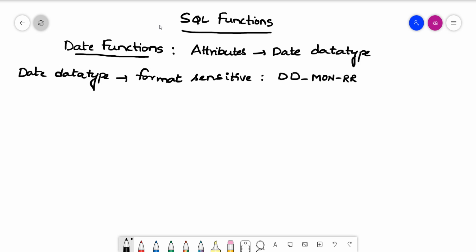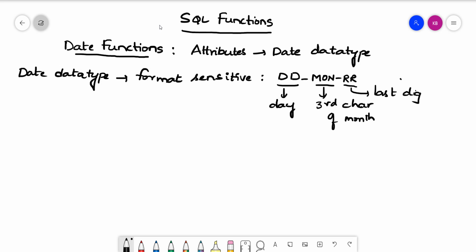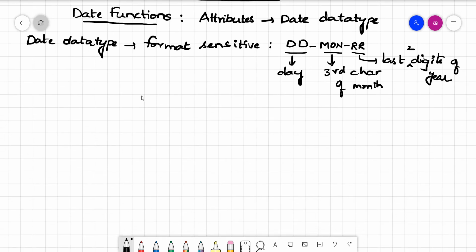Here DD indicates the day of the month, MON indicates the 3-character format of month, and that too in uppercase, and RR indicates the last 2 digits of year. Right, so why are we saying that this is an RR format?